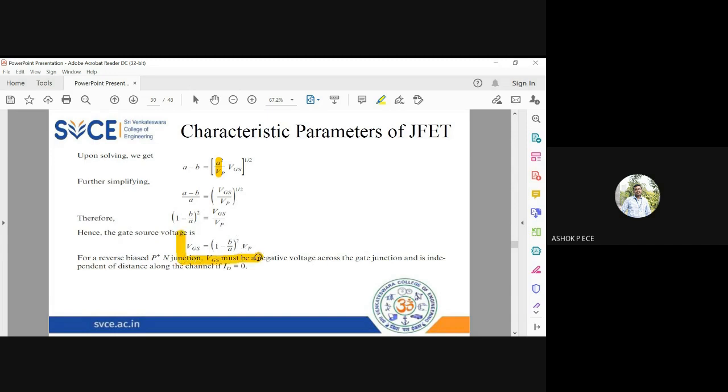So this is a very, very important equation for the voltage relation between VGS, VP and your depletion layer widths A and B. So VGS is going to be the general gate source voltage. VP is the voltage at which pinch off happens. I again say pinch off is the condition when the minimum area of channel is present, so that a minimum constant drain current will be flowing throughout your device. So when you put B equal to 0 here, you get VGS equal to VP.